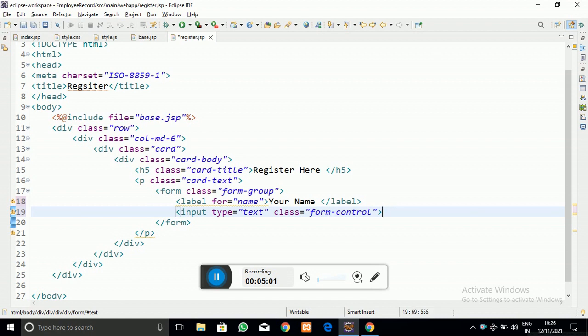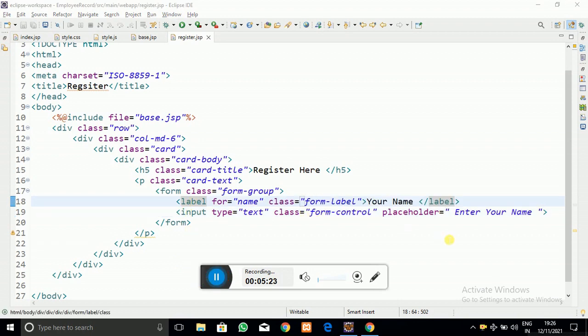Now I have added the input type, and let me add a placeholder to that text box also, so that it will be very informative: enter your name. Here you can see that I have successfully added one input field.